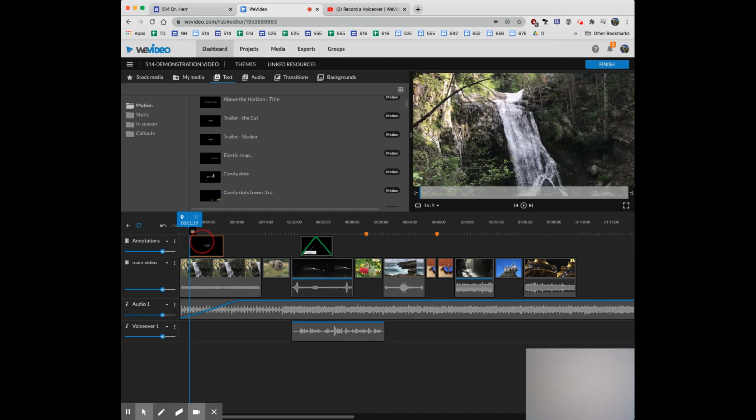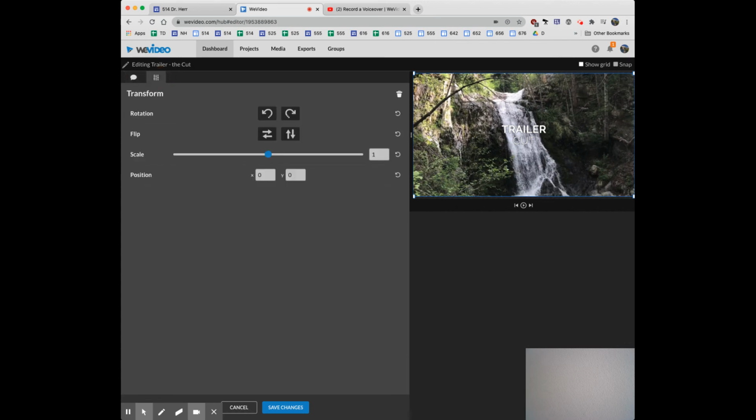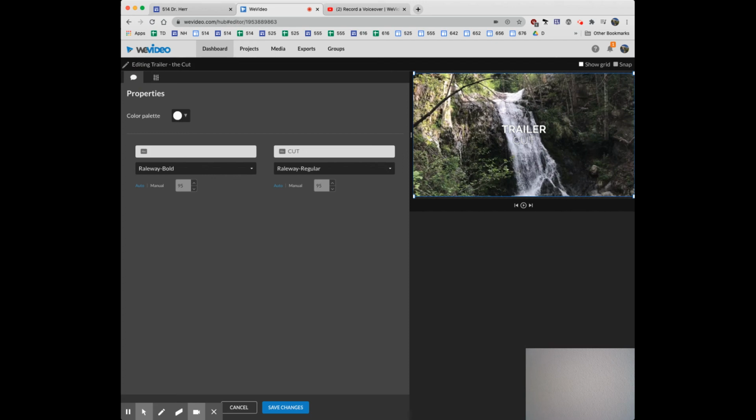And then if I double click that, you can see the various different features that you'd want to add to the trailer. You can have all the various controls and so forth for the scaling and the position of what that's going to say. So let's go ahead and say that this is waterfall at Buckhorn Flats, and that is going to be in the San Gabriel Mountains of Southern California. Okay. Or LA. All right. So now when I save the changes,